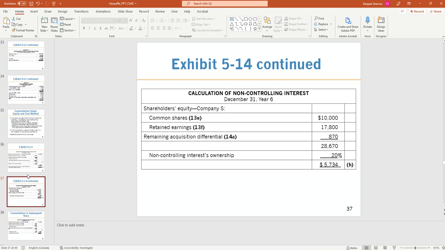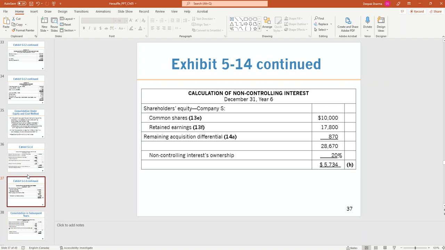And then what happened with the NCI? So you have to look at the NCI calculation on December 31st, year 6. And that one, you have to look at the numbers that you have on the company's financial statement. So exactly what we did in year 5, you look